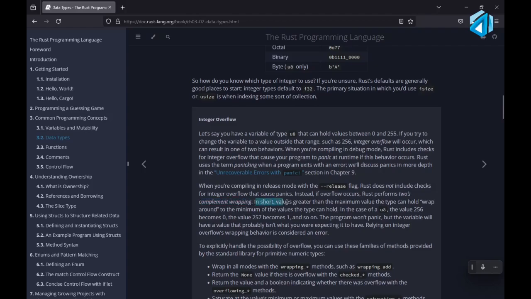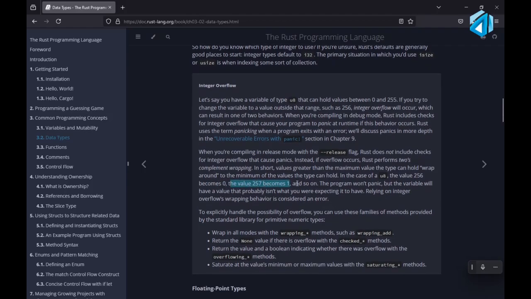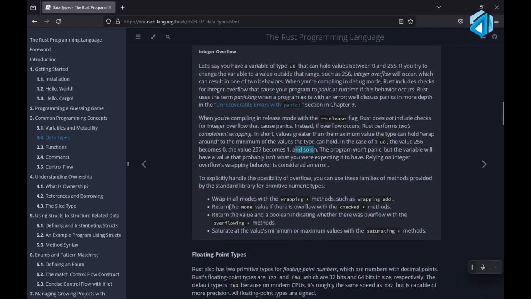In short, a value greater than the maximum value of the type would wrap around to the minimum values that types can hold. In this case, the value 256 becomes 0, and the value 257 becomes 1, and so on. It will then again convert the value. Okay, that's good. Then, to explicitly handle the possibility of overflow, we can use these familiar methods provided by